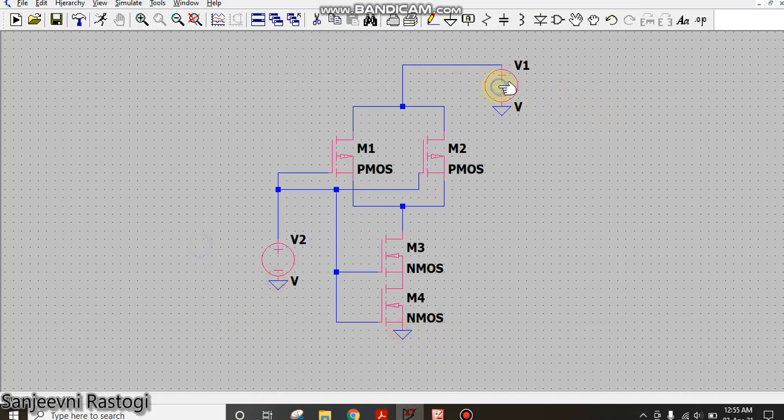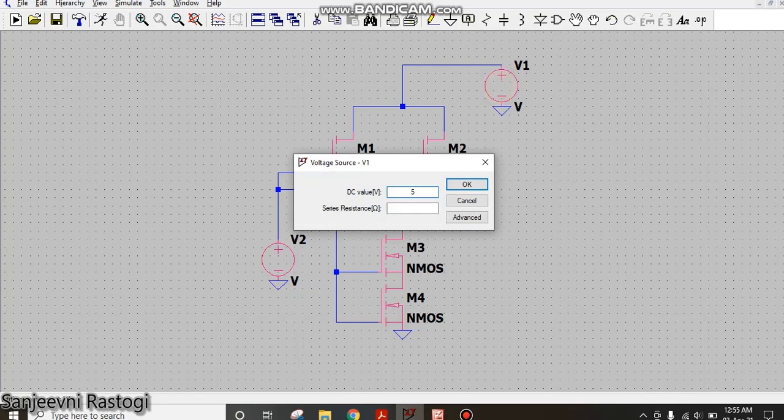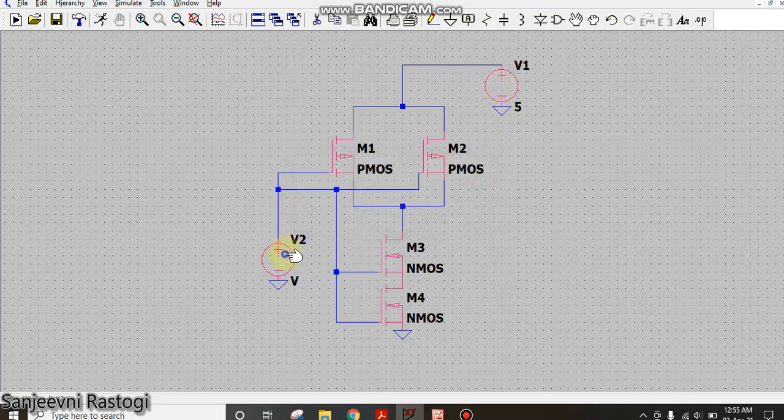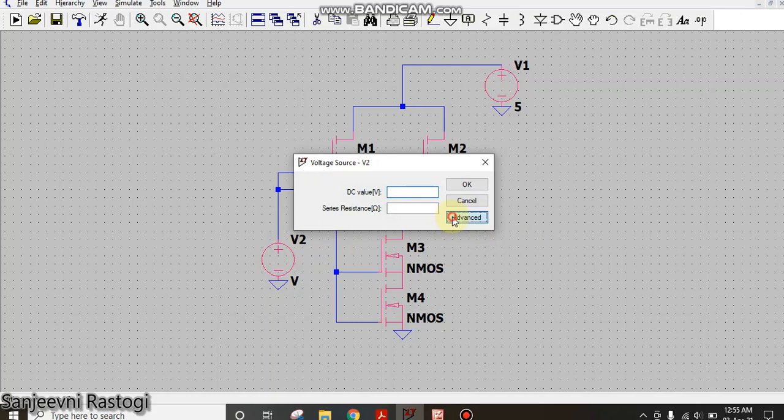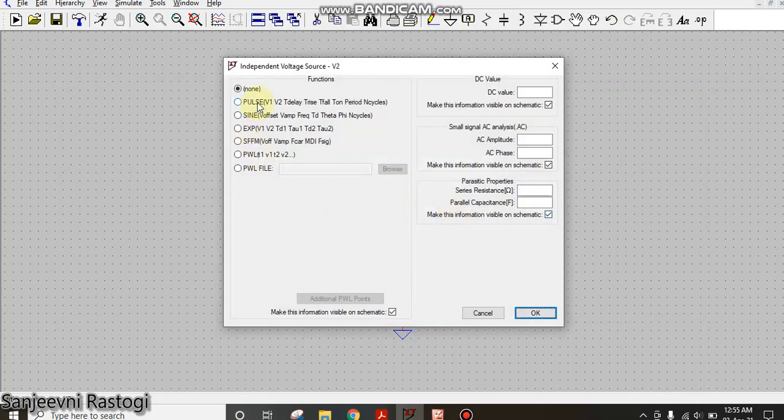Now let us provide VDD as 5, and for the input I'll take a pulse input. In the pulse input, let us take V initial as 0, V on as 5. I don't want any delay, so I'll take it as 0.